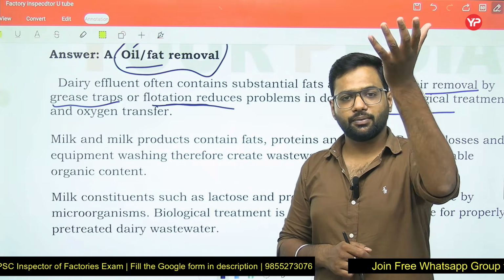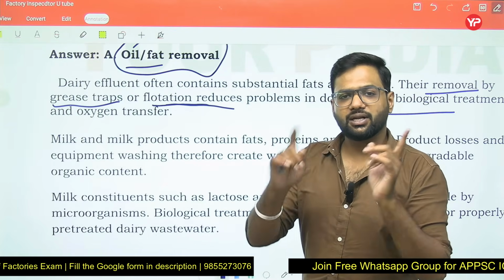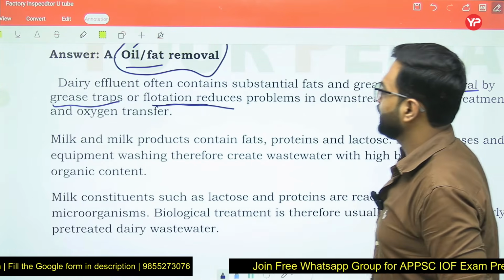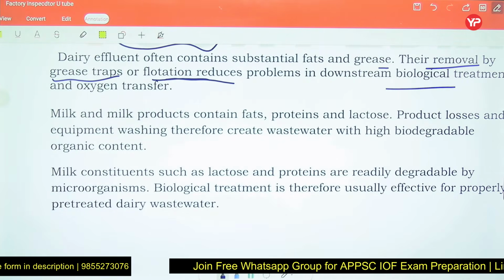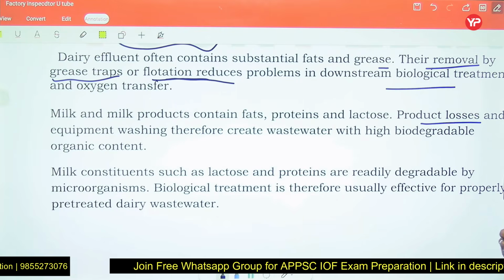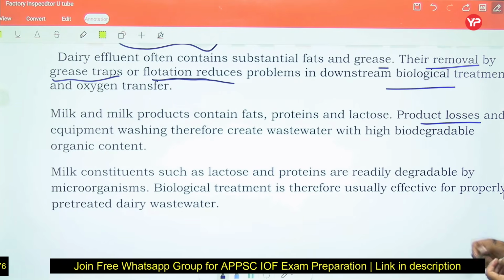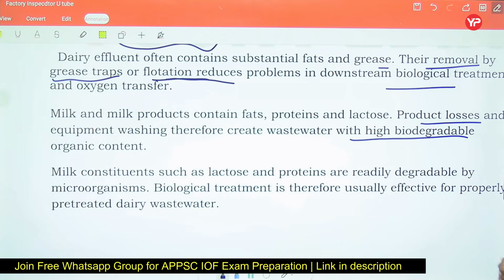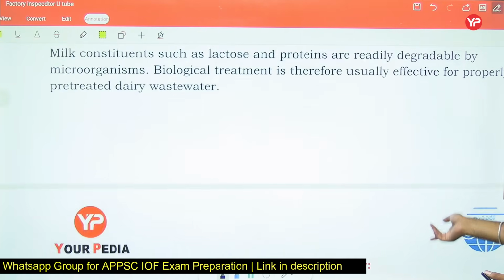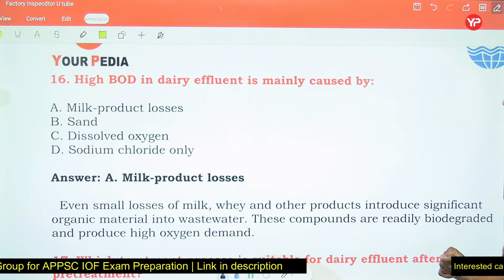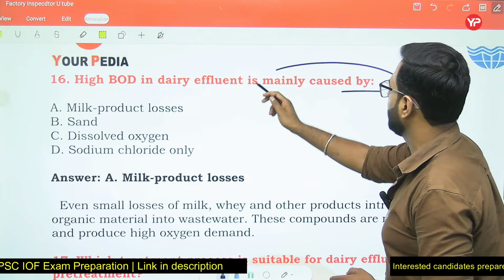So these oil particles come to the surface, and from the surface they can be easily skimmed off. Milk and milk products contain fats, proteins, and lactose, and these product losses and the equipment washing therefore create wastewater with high biodegradable organic content. Now friends, next: high BOD in dairy effluent is mainly caused by